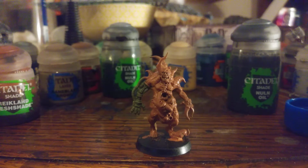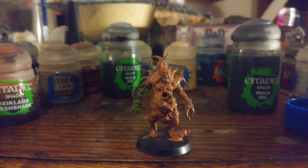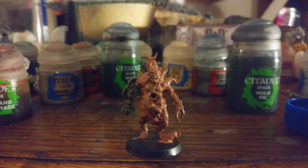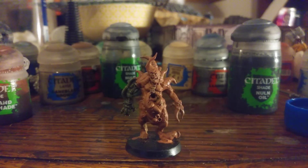All right, the Bugman's Glow base coat is done, and as you can see, I left his cybernetic arm unpainted because we're going to be base coating that one in Lead Belcher. All right, now that the Lead Belcher base coat's done, we're going to go ahead and do our Kislev Flesh